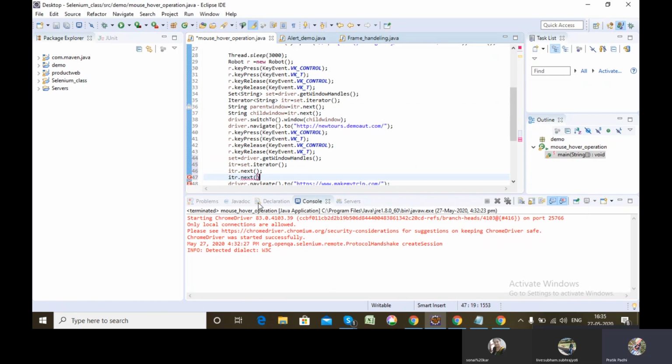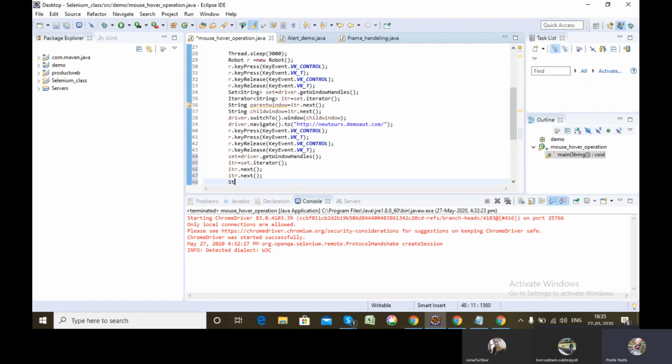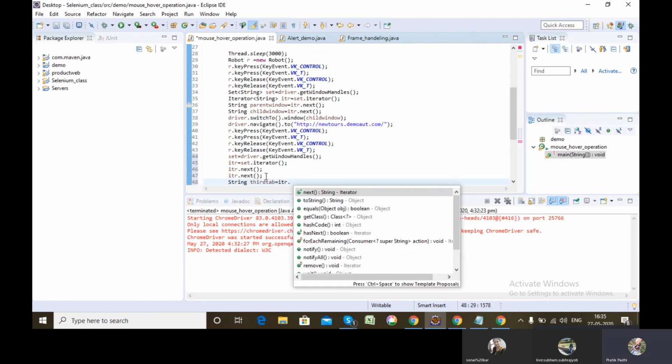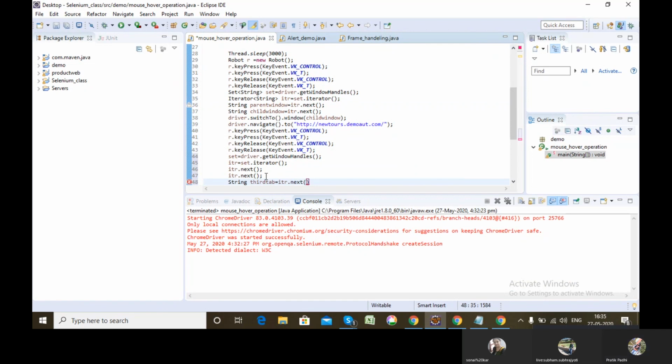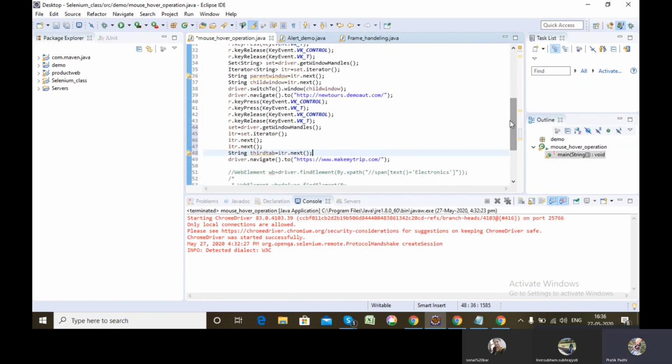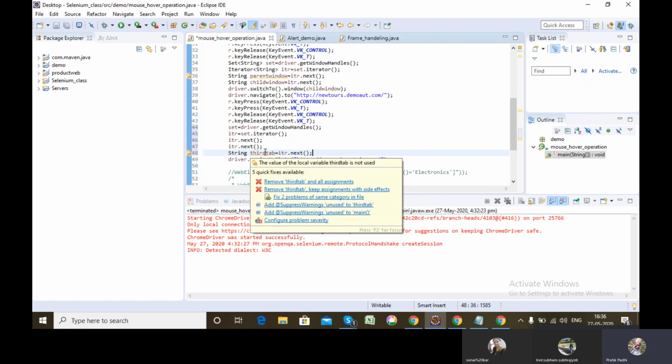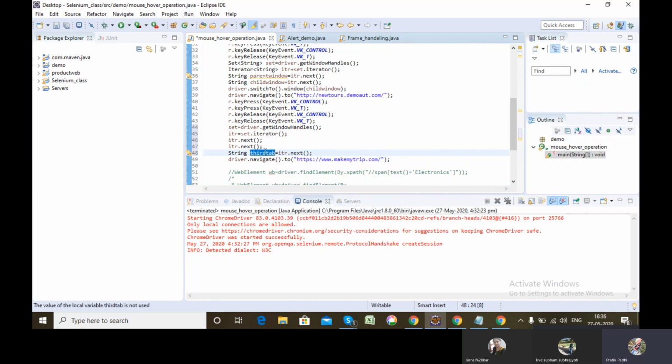Again, I don't need to store this value because I have already stored it in childWindow. Now here I'll be getting the third tab ID, which I'll be storing in thirdTab.